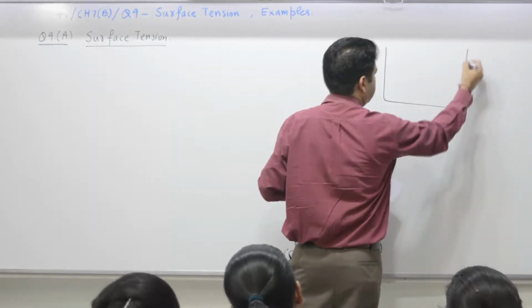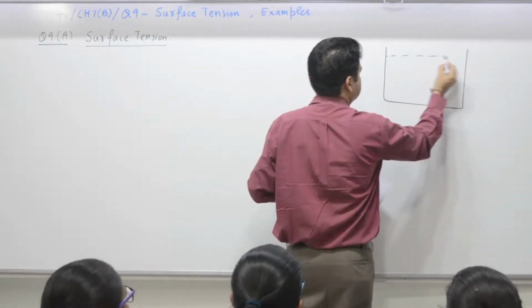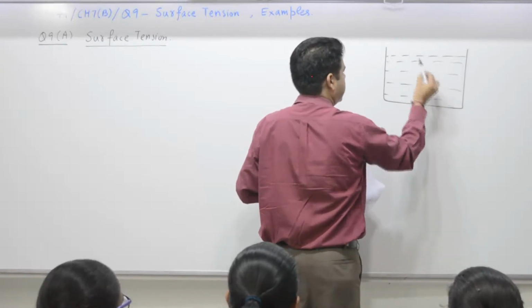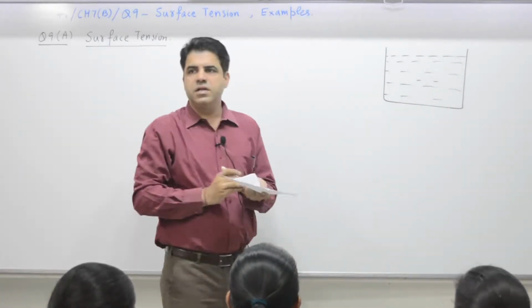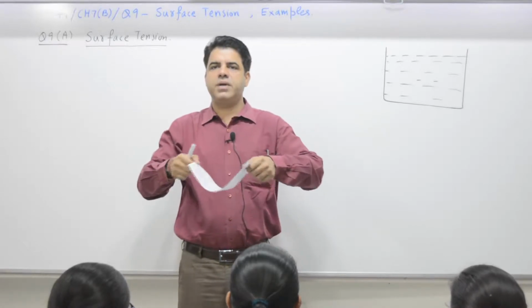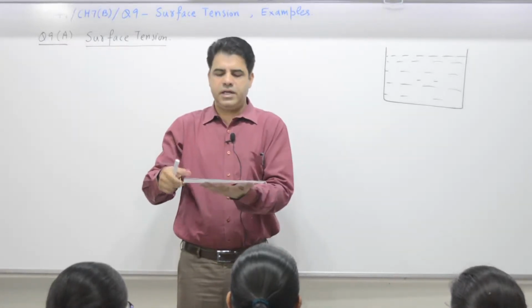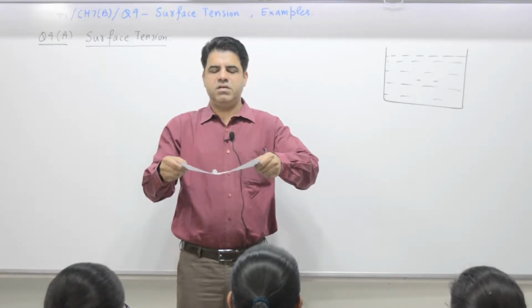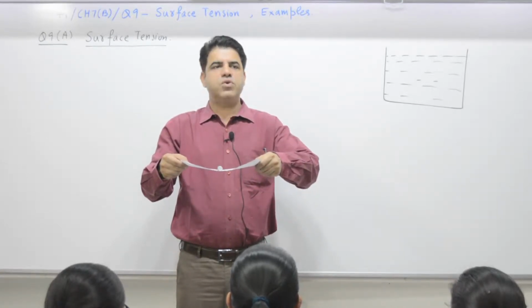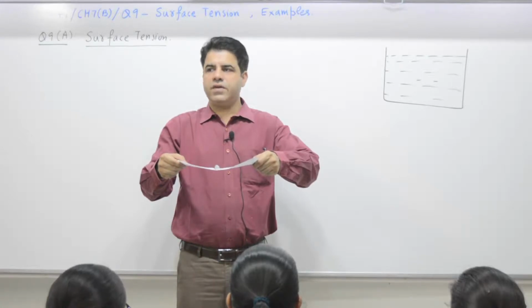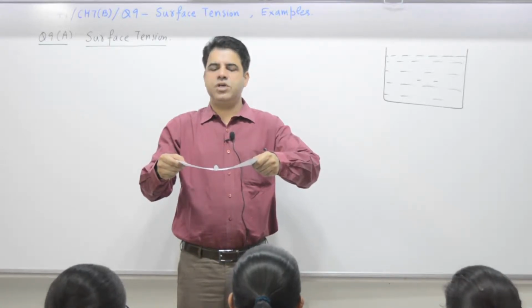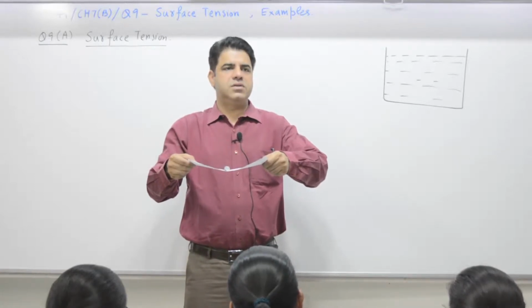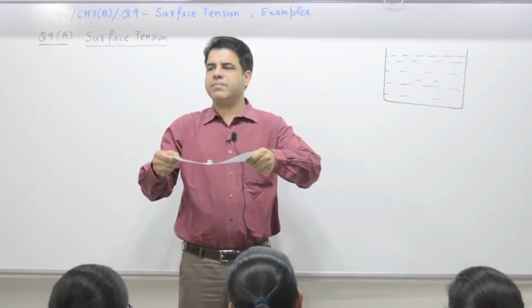you have a container with some liquid, this is the top layer. This top layer behaves as a stretched membrane like this. Like this membrane can support some weight. I placed one marker. You can place one more, 2, 3, 4. Not infinite. So it may break at a certain value, say after you place 20 markers. There is a limit to the strength of the same.